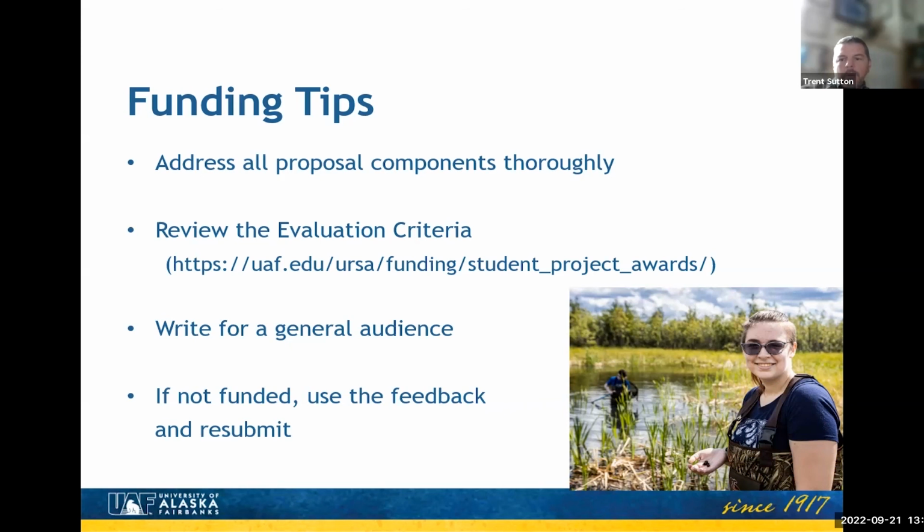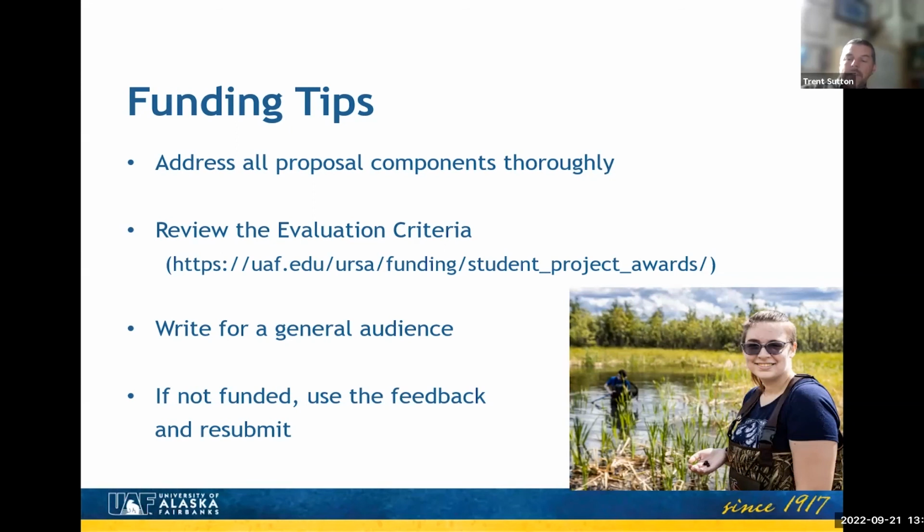If you don't get funded, and maybe a quarter of the proposals being submitted are getting funded, there's a good chance that your first iteration you're not going to get funded. And don't get discouraged by that and just say, well, I guess I can't do undergraduate research. I'm not cut out for that. Take a different tack on that. Take the proposal and the feedback we give you, because you're going to get feedback from the reviewers, talk to your mentor, come and talk to us, come see me, go see Erin, revise your proposal, and then resubmit it the next time.